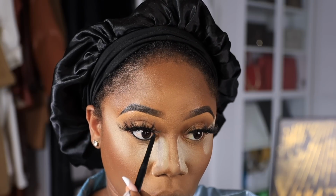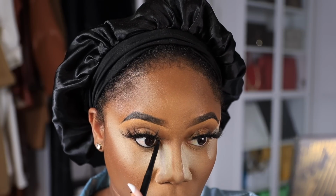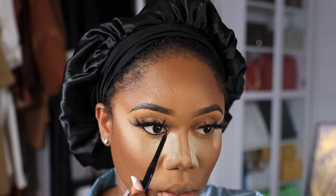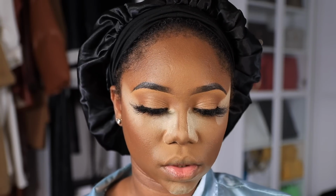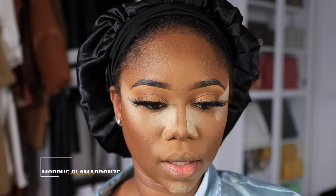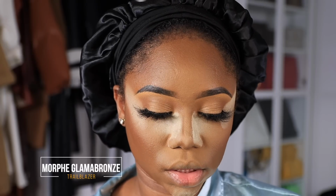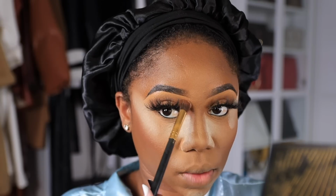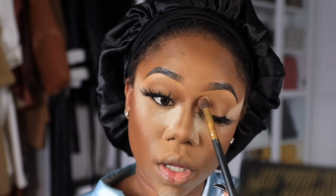Now for under my eyes, for my waterline, I will be using the Sephora retractable eyeliner. Like so, and then I go on top, right at this corner where the eyelash isn't there, right where the eyelash stops. Now for my nose, I want a soft contour, so I'm just gonna use my Morphe Glam Bronze in the shade Trailblazer,